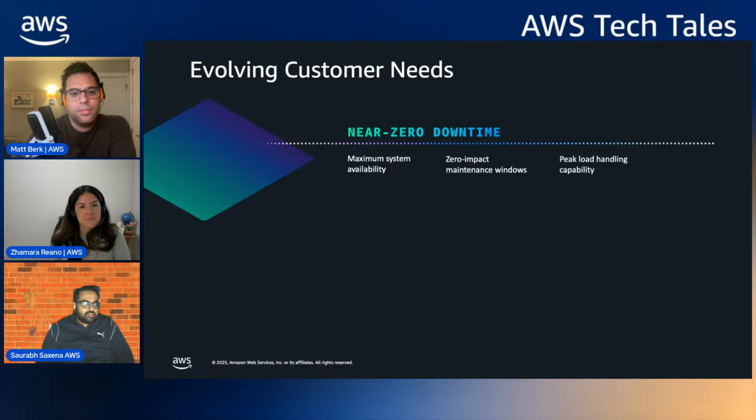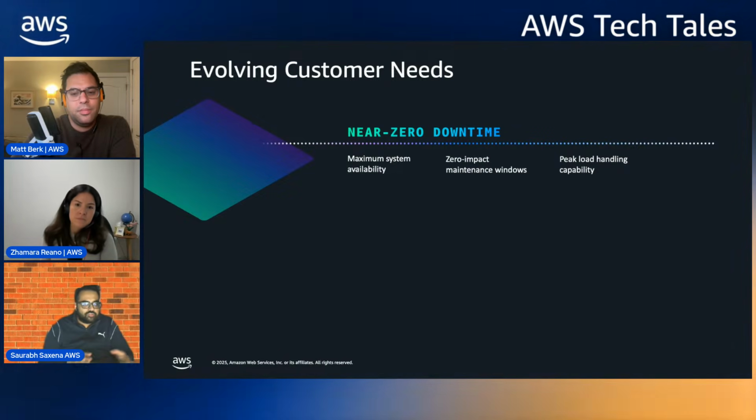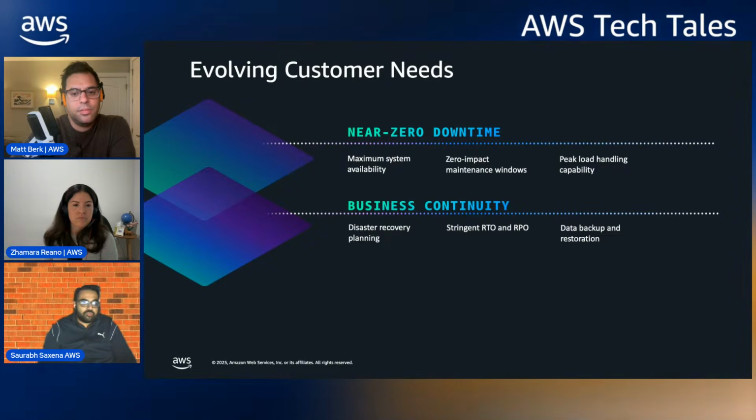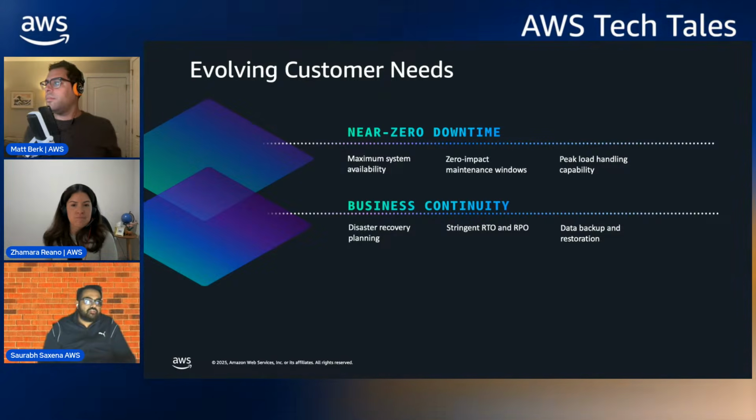They want near zero downtime. So customers today versus customers 10 years ago are very, very different. Customers today are running their core business applications on AWS, applications without which their business wouldn't survive, right? They want business continuity. They want not for us to tell them when to fail over. They want to co-partner on the scenarios where they should be failing over, co-build the failover architecture, and then help us guide them how they should be thinking about it.